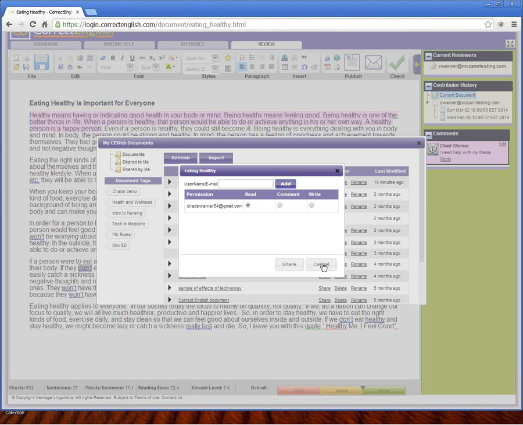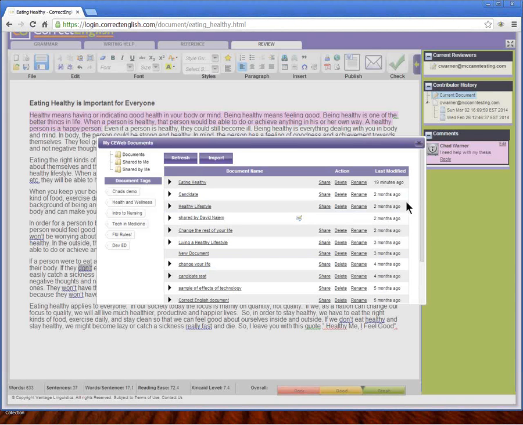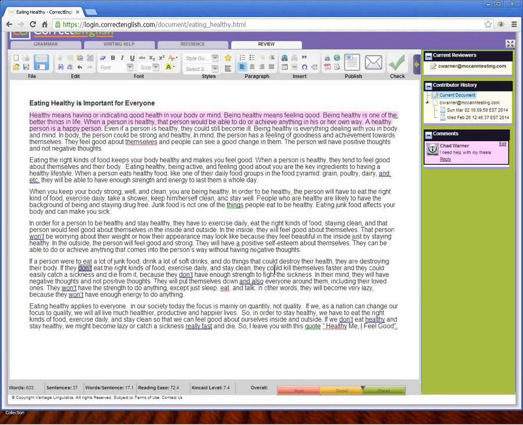I would also comment to you that the advantage of this system is not just for the student, but for the instructors and the peer tutors. Let's take, for example, a distance learning course. Students don't have the ability to get into the Writing Center most of the time in a distance learning course. With this system, they do. So they can actually communicate via the cloud and get the valuable feedback they need from the peer tutors who are there to support them. So it's an absolutely wonderful conduit for a peer tutor to communicate with a student or an instructor to communicate with a student. So that gives you a strong general overview of Correct English,